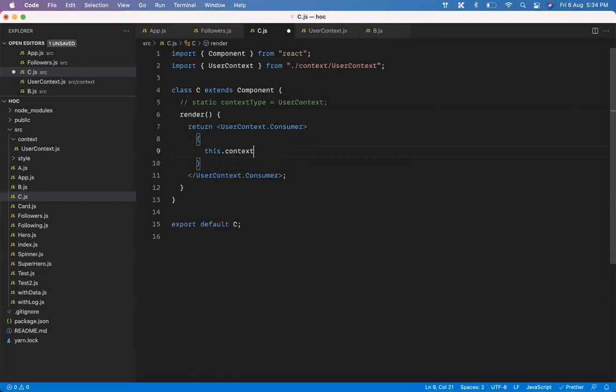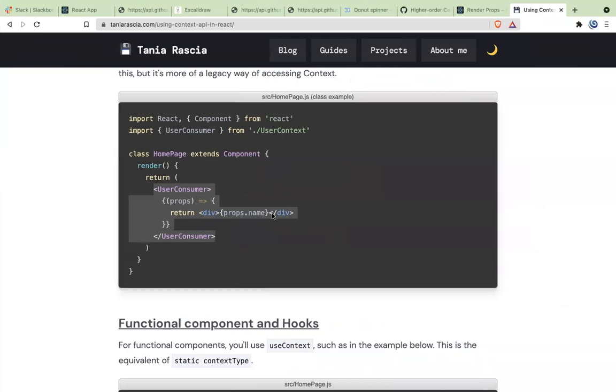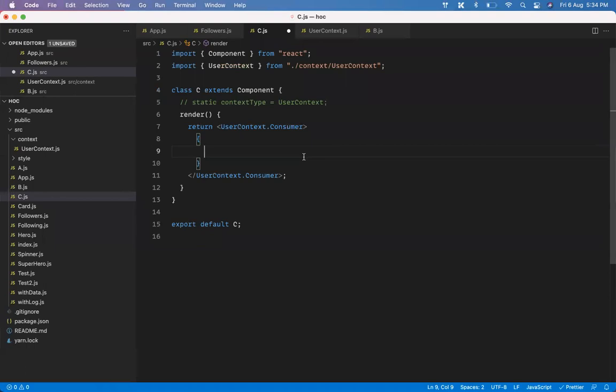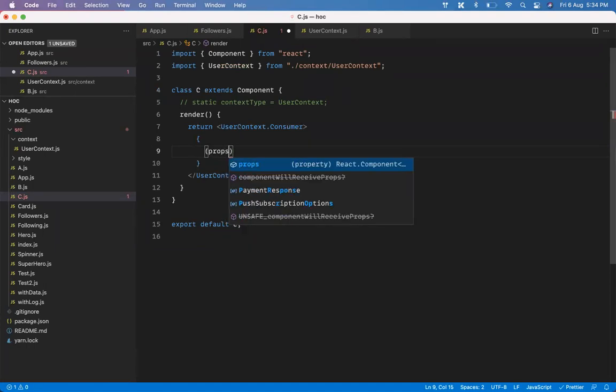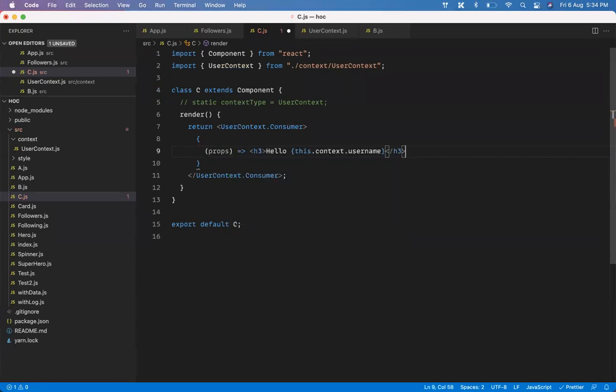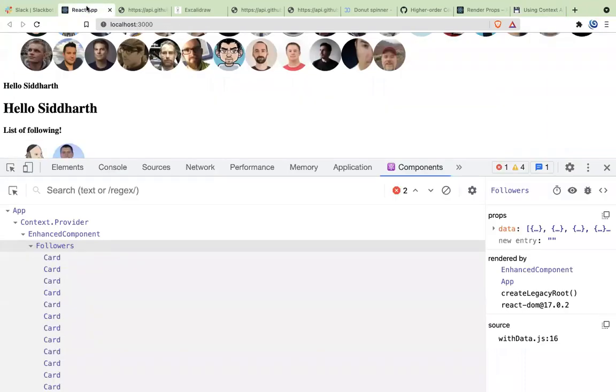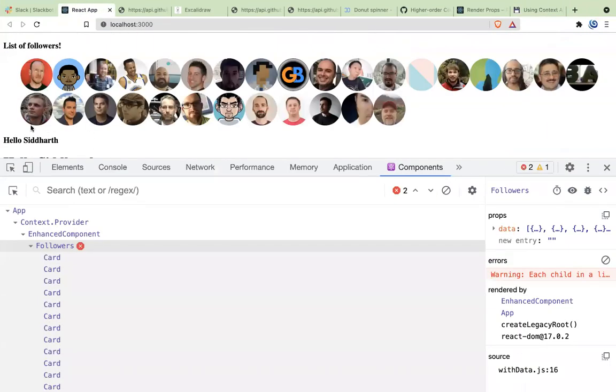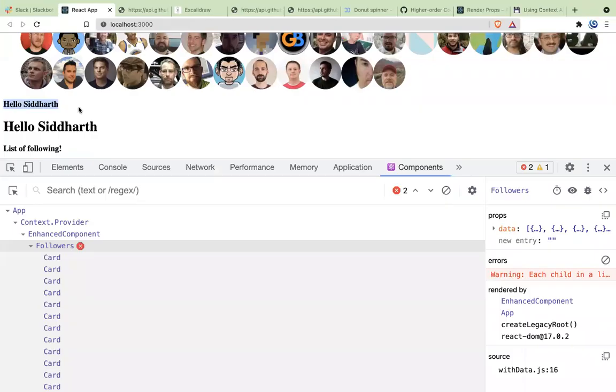You remember the thing that we were talking about, how in render props you pass it as children, and here you get access to the thing. So can you see here, I'm getting access to the props and I'm returning whatever I need to return. I'll get access to the props, or you can call it context, whatever. So I'll just call it props. And from here, I need to return this. These props will have this information. So I can just say props dot username. And now if you go back to this part, you will see it is working in the same way as it was working. So there are multiple ways to use a context.